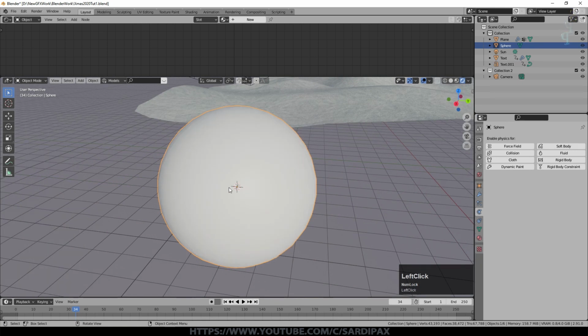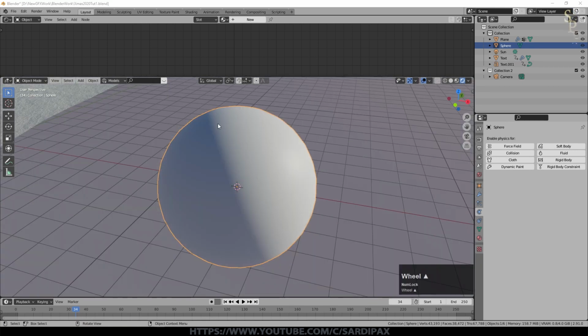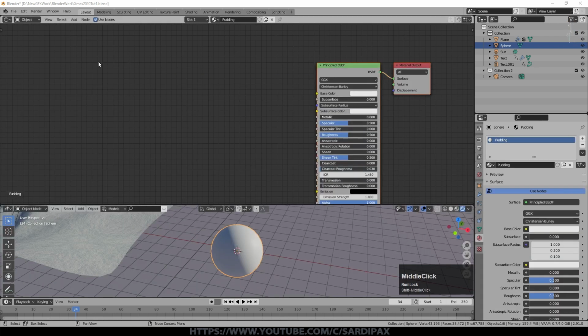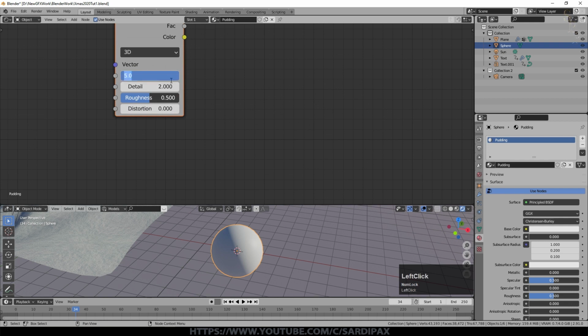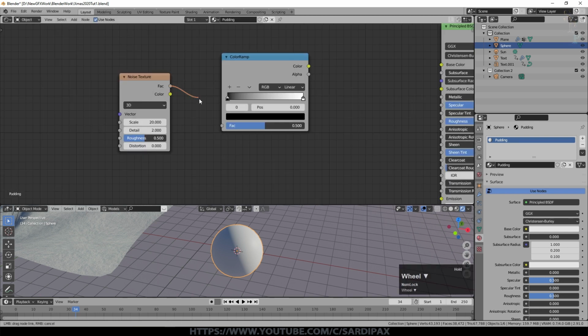We'll say shade smooth. I'm not going to go into as much detail on this one as I did on the other, but we'll very quickly create the material. I put quite a lot of nodes on this Christmas pudding just to try and get the sort of effect of it. So to begin with, we'll add a noise texture. I'll start with the values I used, so that's a scale of 20 and everything else at default. Then add converter, which is a color ramp. Factor into the color ramp, left it at linear, and turn these points, these sliders, somewhere around the middle with a little bit of a gap between them.